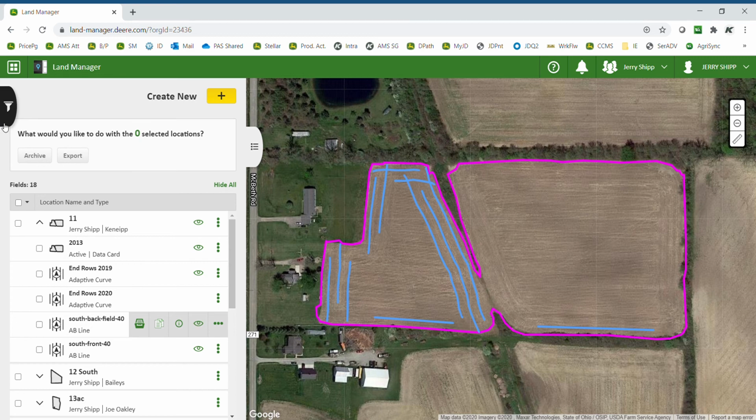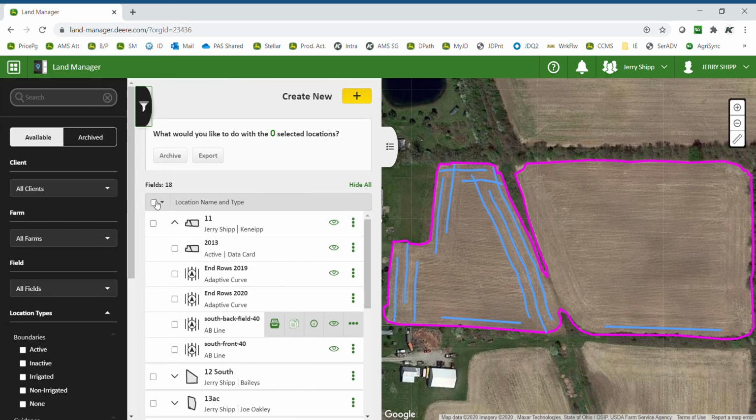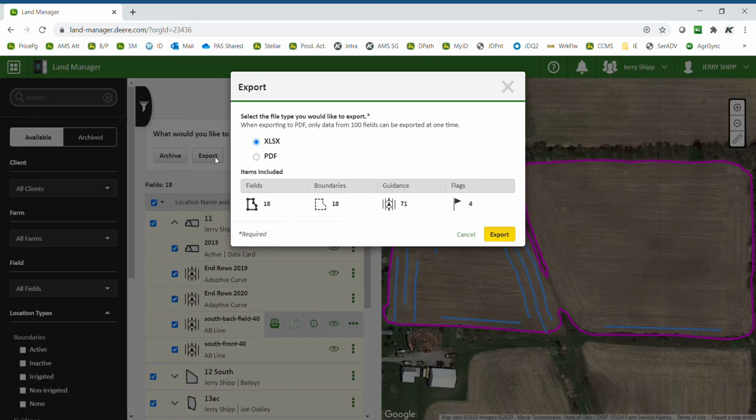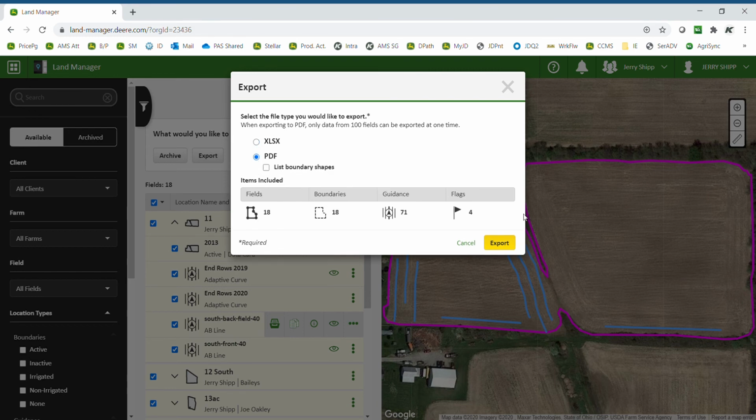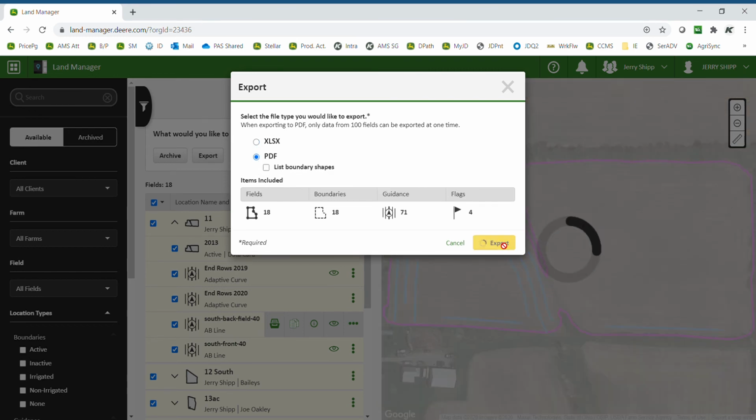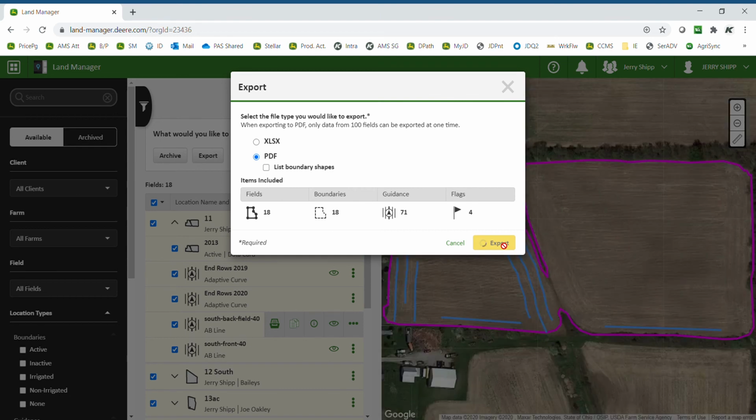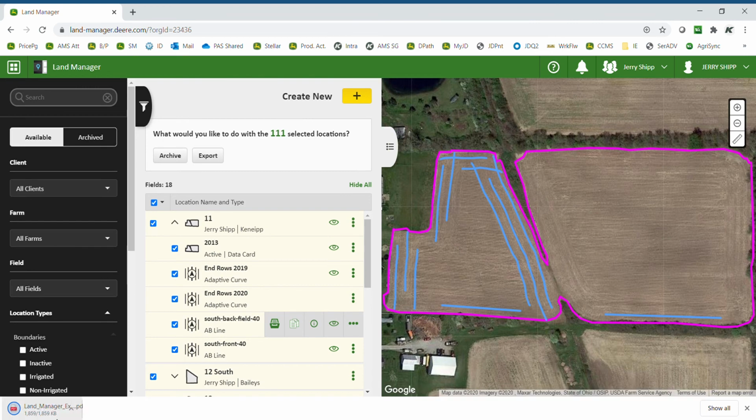If you would like to create a report for operators in the display, we can select all fields, select Export, and create a PDF. Wait for the PDF report to generate, and it should download in the bottom left corner of the screen. Click on the PDF,